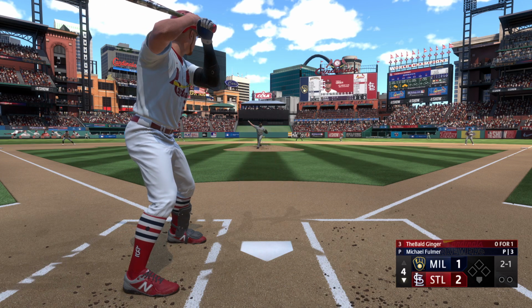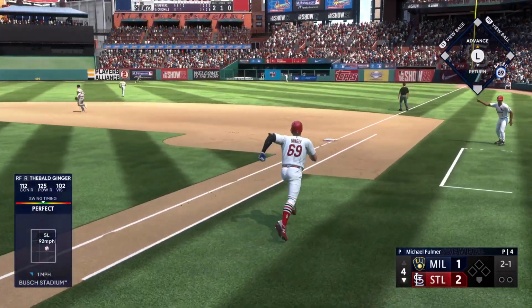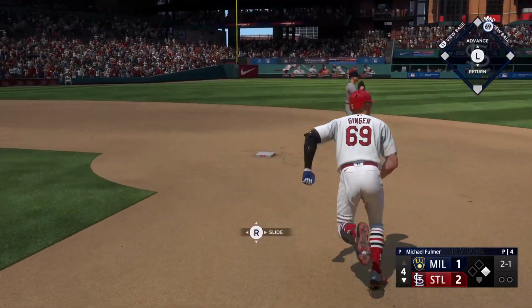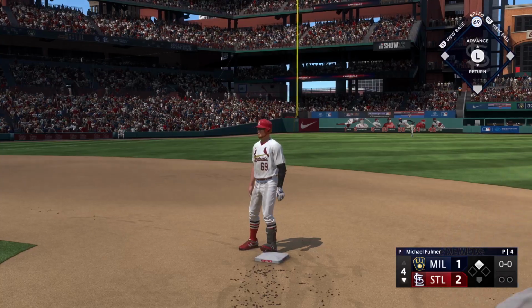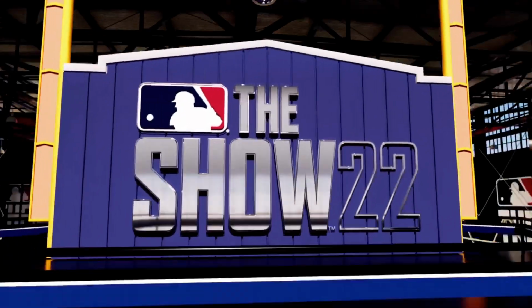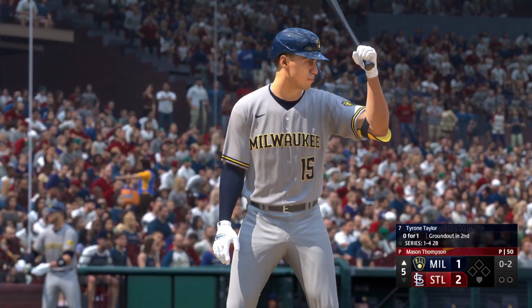Pitch number 4 of the at-bat. Right down the middle, hit it perfect out to deep right field. That finds its way down for a base hit. We're going 2 with it. And sliding in head first to make sure there's no play. So a leadoff double here in the bottom of the 4th. That's a good start. Nothing comes of it, though, because top of the 5th, Tyrone Taylor's up at the plate